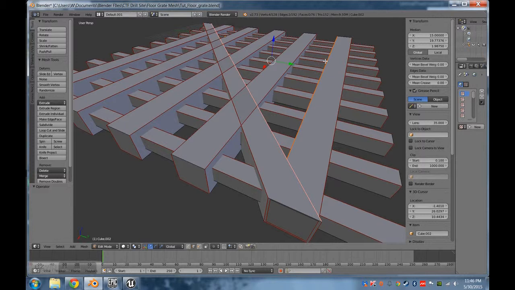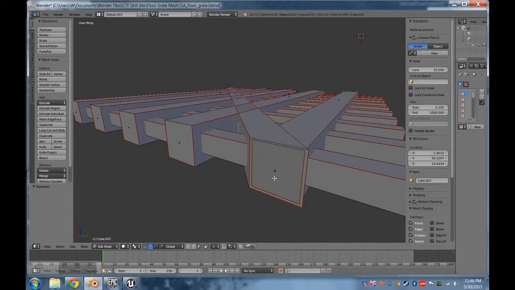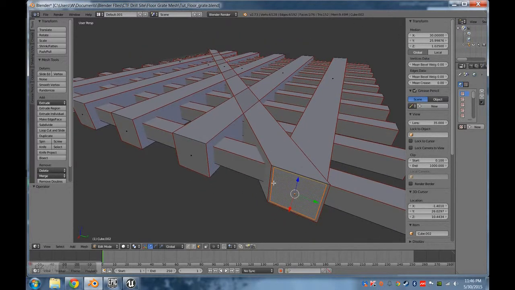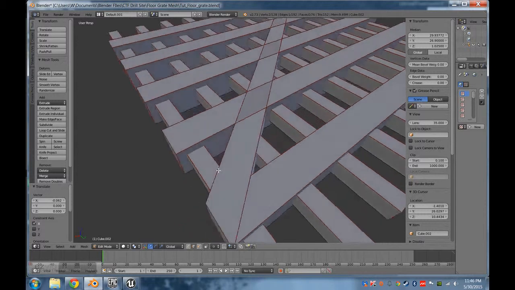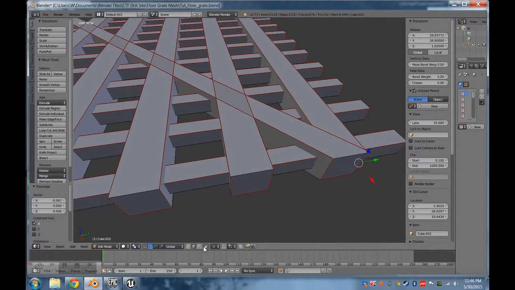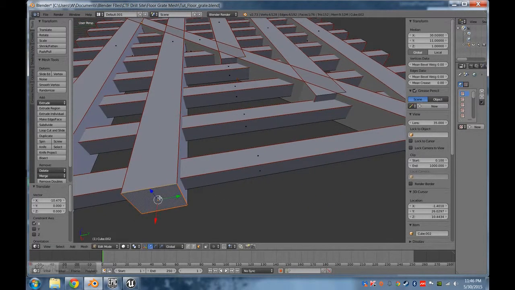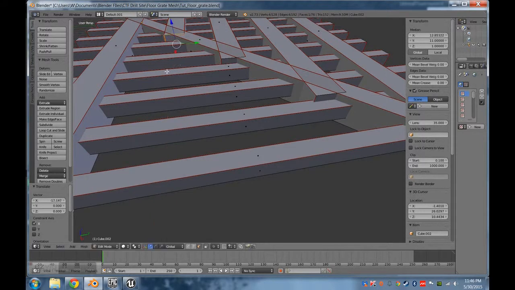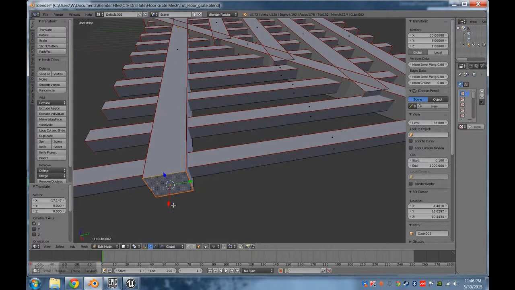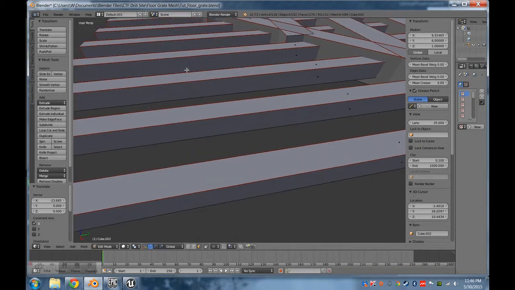Another option, there is a way to go in here and figure out where these two points are and merge those lines together, and this piece will stop here and then the face will be there. But that's what I'm going to do for now. And then I go to edge mode, and all I did here was move this edge back, move this edge slightly back, and it's still inside of it. And then I go through and do this on all of them. Move it back, move it back,